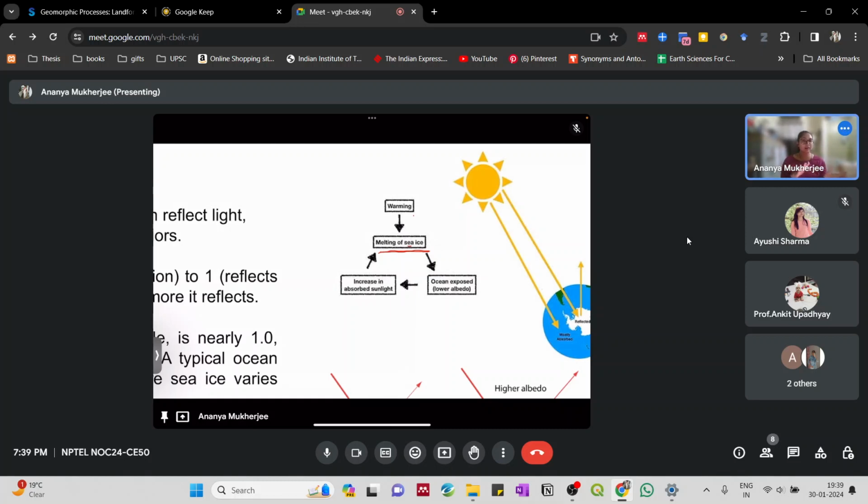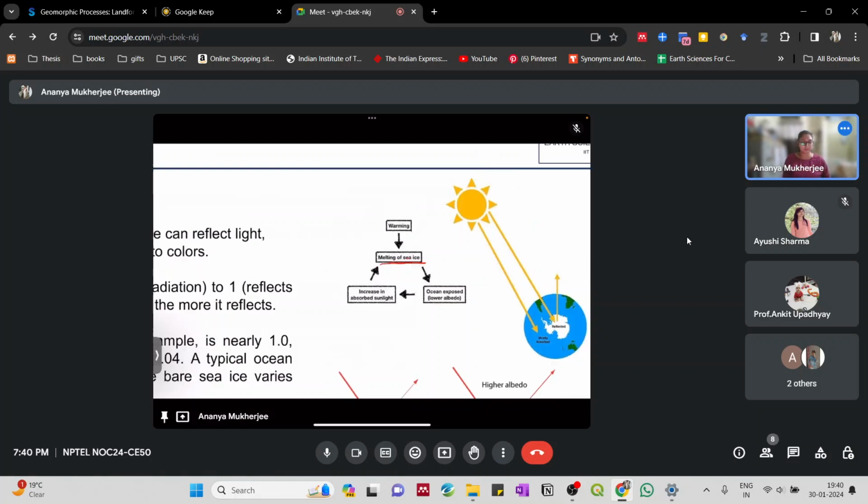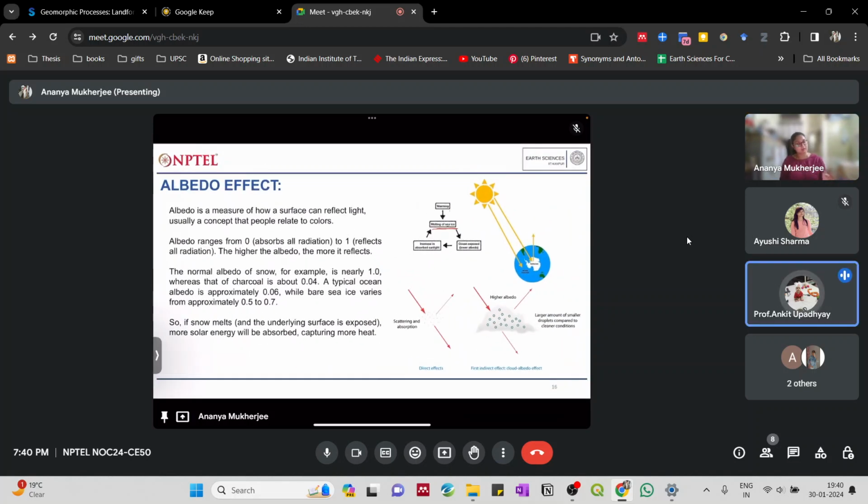There is no direct relation, but the decreasing albedo effect is actually playing a role in increasing the heat of the earth, which in itself is again aggravating the greenhouse effect that we are already seeing. It means that glaciers are melting, and as the greenhouse gases increase in the atmosphere, it will influence the melting of glaciers more and will change the albedo of the earth. So it's indirectly related, but all of them have a relationship with each other.